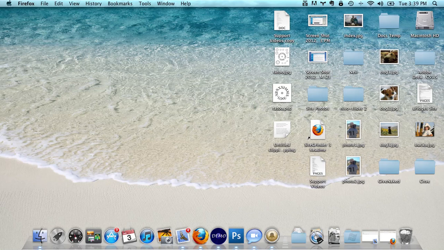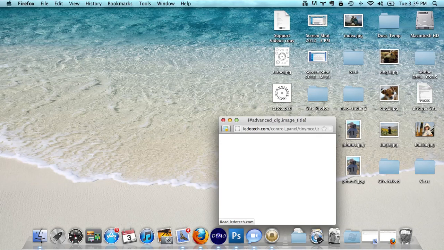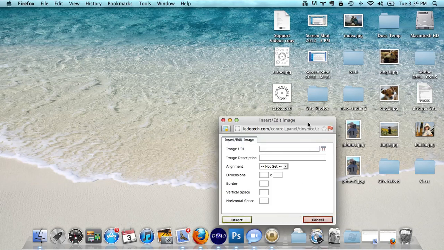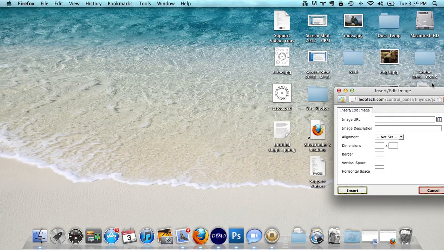Take it into Photoshop. Take it into some program that you use to edit the size. Then come back here and put the right size in. And that's really it. And so the main thing is just size the photos the size that you want them before you put them into your page, and you won't have